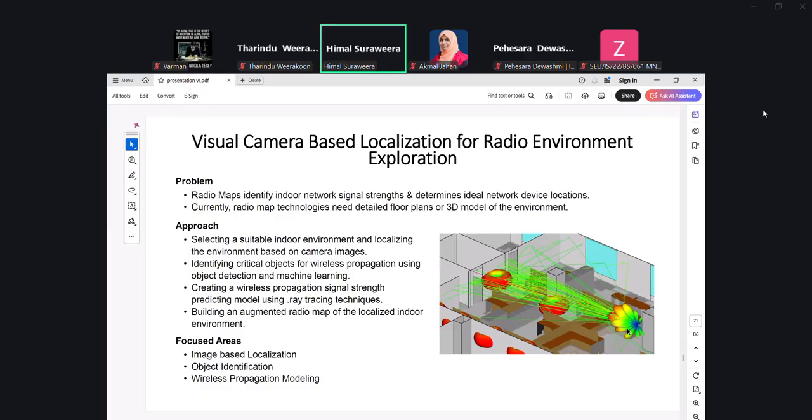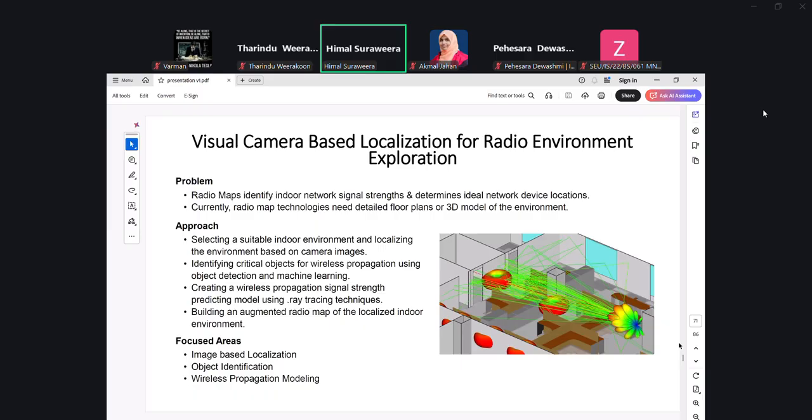Then we apply an algorithm based on ray launching, or ray tracing in certain contexts. With ray launching, we launch multiple rays or signals, and we allow them to bounce off these obstacles, using reflection, diffraction, as well as scattering principles.